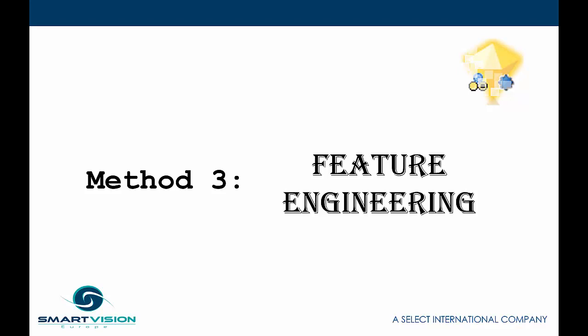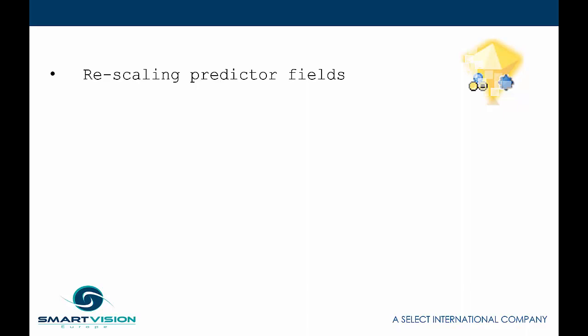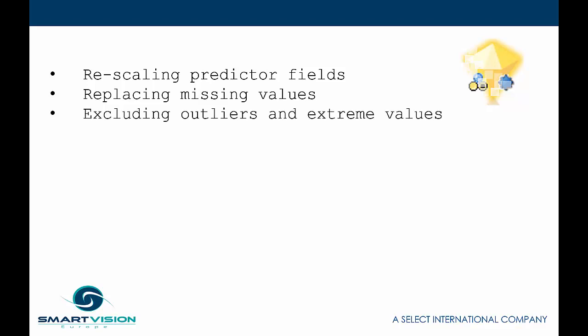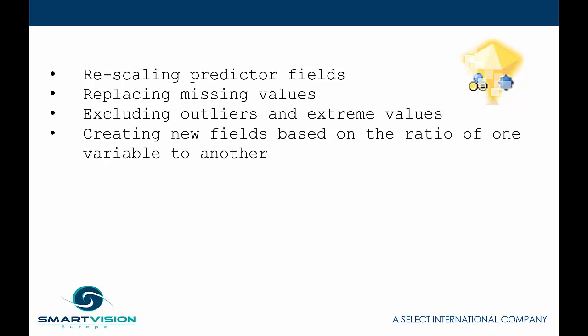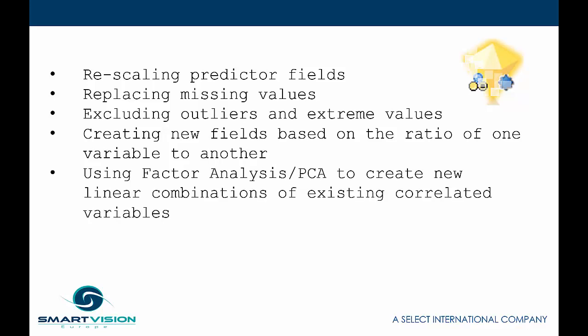of new ones. Typical examples of feature engineering might include rescaling predictor fields, so taking the log of the values in the field, or perhaps turning them into percentiles, replacing missing values, perhaps replacing them based upon the mean of a distribution, or using some sort of imputation or estimation method to estimate what the true value would be, excluding outliers or extreme values in case they might have an undue effect upon the model building process, creating new fields perhaps based on the ratio of one variable to another, so you're combining them together in some fashion,